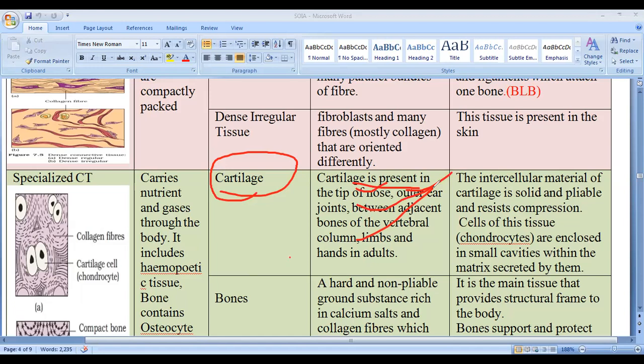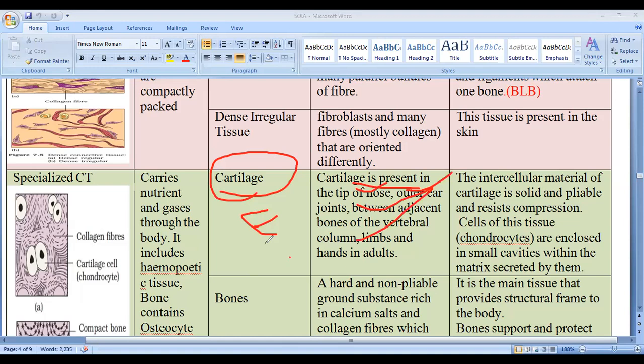If you see, cartilage has three different types. So how many types does cartilage have? Three different types. First is the hyaline cartilage. Where is hyaline cartilage found? It is found at the ends of long bones. Second is the fibrocartilage. Fibrocartilage is found in the pubic symphysis. That is fibrocartilage or fibrous cartilage. It is found in the pubic symphysis. And third is the elastic cartilage. It is found in the lid on the top of the larynx. So these are the three different types of cartilage found.